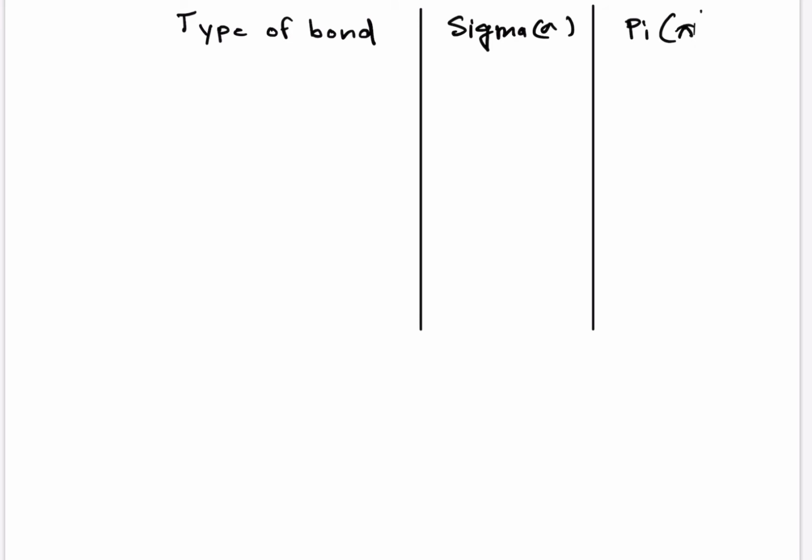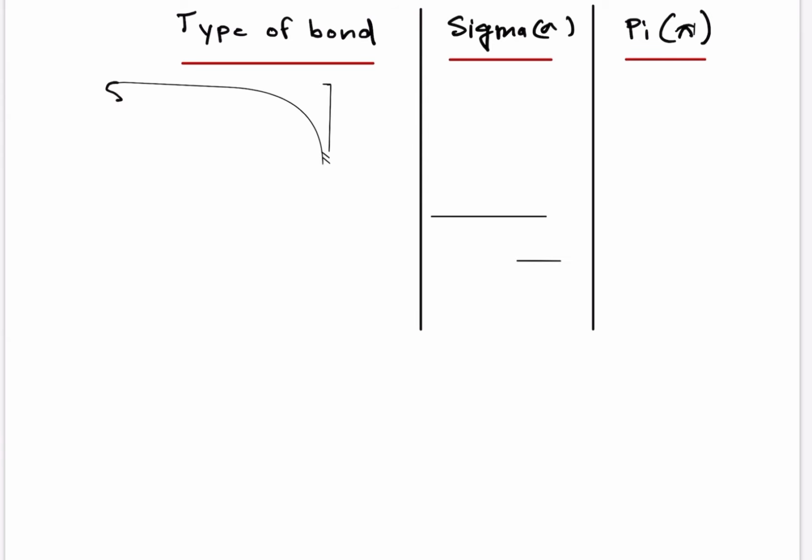This is the type of bond. When we talk about the type of bond, it is sigma and pi. So let's go into that. When we talk about the single covalent bond,